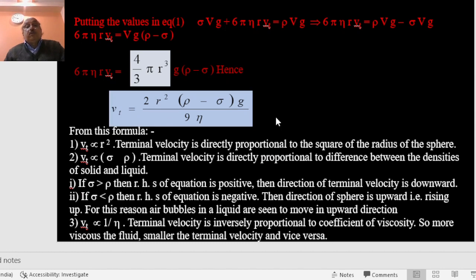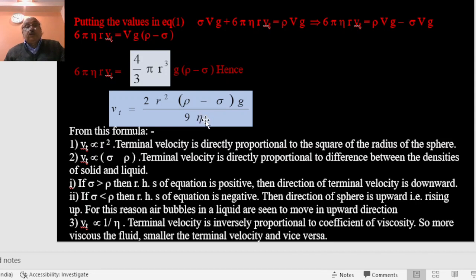Vt is equal to 2 r squared (rho minus sigma) g upon 9 eta. Pi will cancel. So the terminal velocity depends on the square of the radius of the object, the difference of the densities of solid and liquid, and is inversely proportional to the